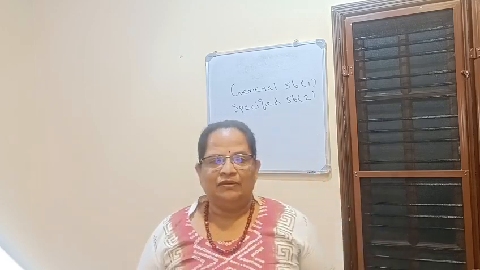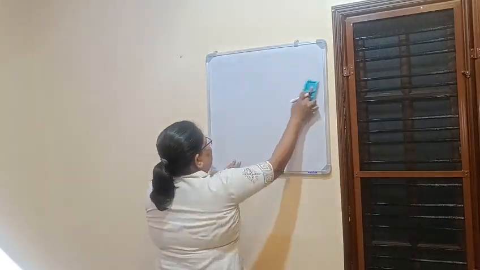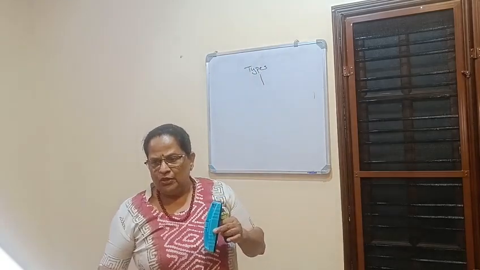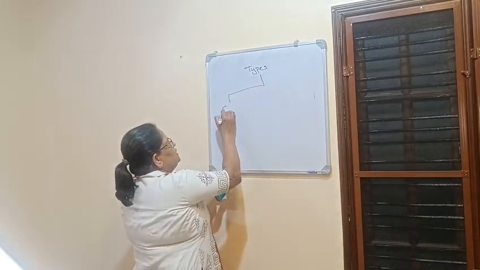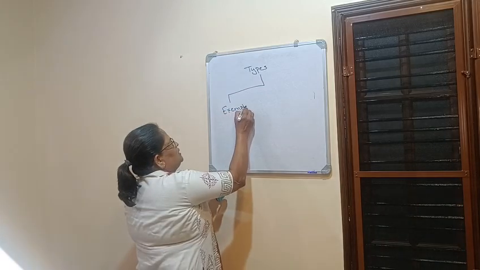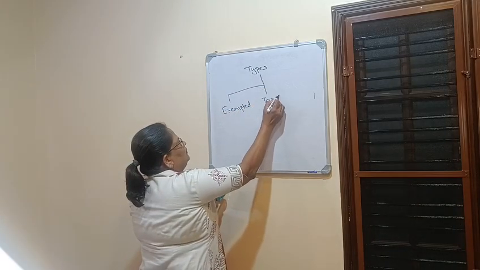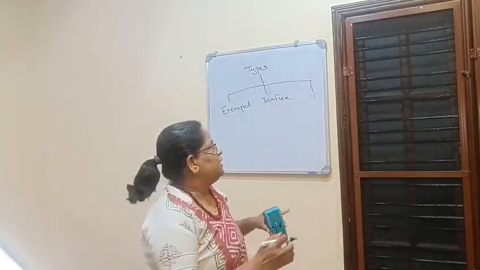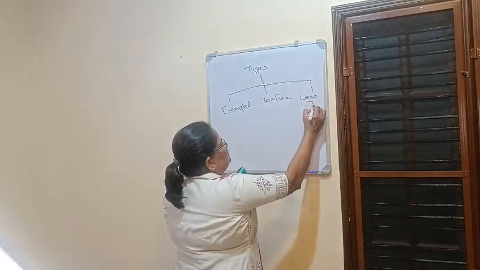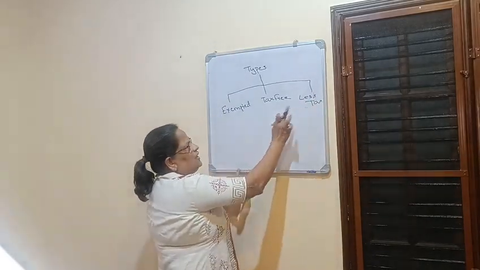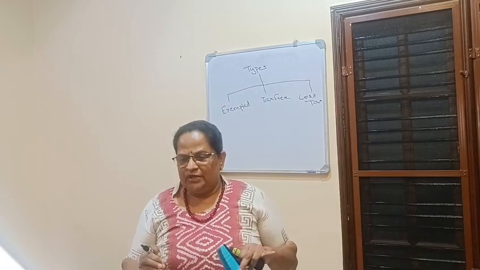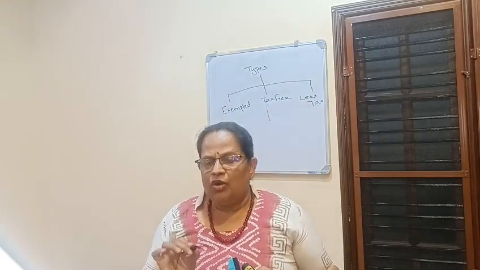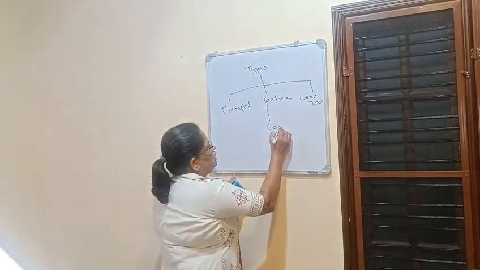So types of securities, it's divided into exempted from tax, then tax-free securities, then less tax securities. So three divisions: one is exempted, second is tax-free, third is less tax. So tax-free securities are divided into two again: one is tax-free commercial or non-government securities,